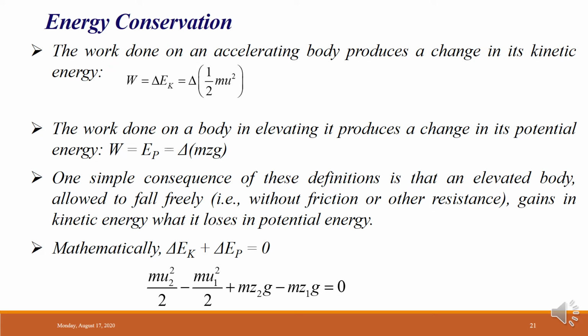That means here potential energy is converted into kinetic energy, because there is no friction and no resistance, so nothing is lost. Mathematically you can say delta Ek plus delta Ep is equal to 0. Whatever kinetic energy is gained, the potential energy is lost, and vice versa. It is a direct conversion between kinetic energy and potential energy, so total energy remains the same. So the change in total energy is 0. Total energy is kinetic energy plus potential energy, its addition, and it remains the same.